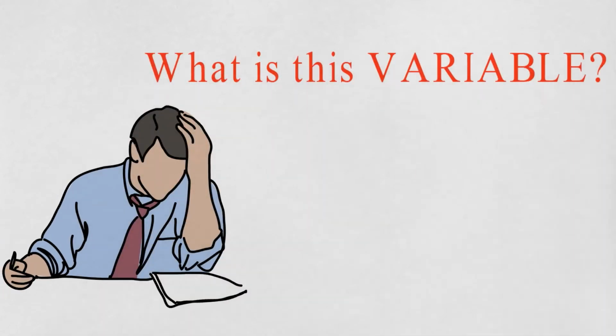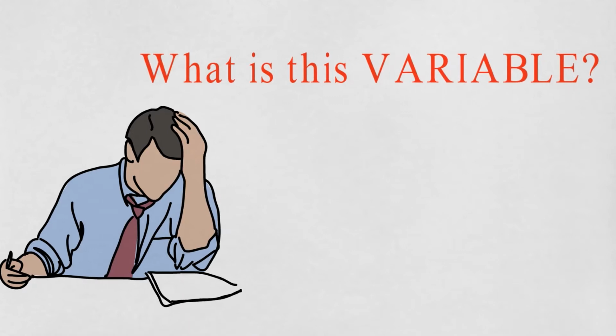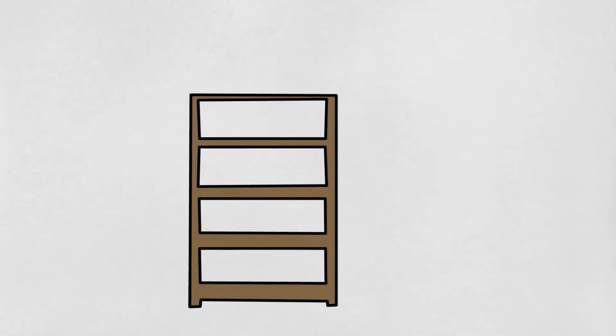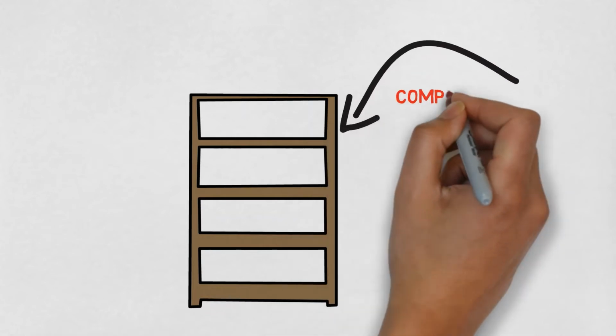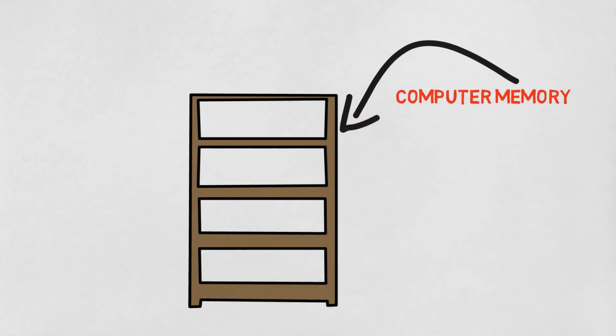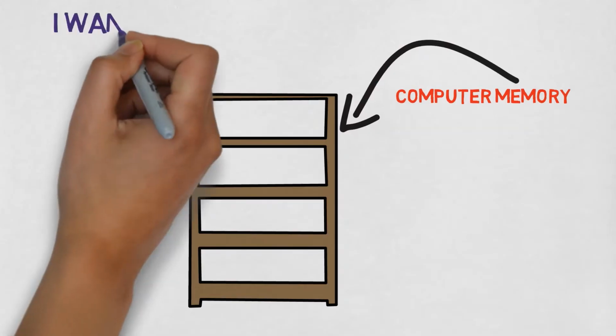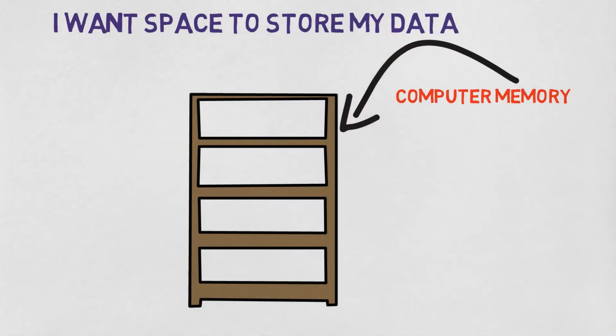So basically, what is this variable? To understand this concept better, let us understand it using a simple analogy. Let us assume this shelf or cupboard as the memory of the computer that we are using, and we are coding on our computer. Now as a programmer, suppose I have some data that I want to store inside the memory. Suppose I have value 10 that I want to store in the computer and I wish to use that value whenever I want during my whole code.